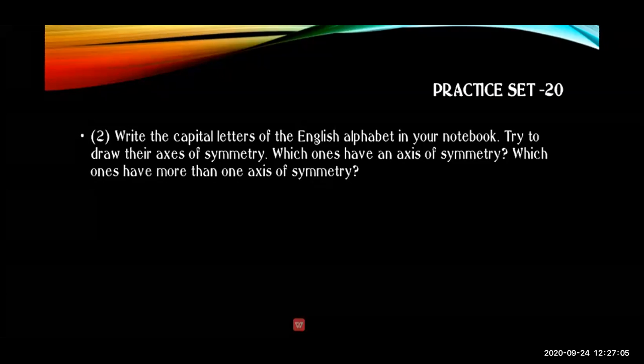First, it is your duty to start writing the capital alphabets from A to Z. It should take only three lines, not more than three lines. Write A to Z in three lines so that I can start further. First complete writing A to Z in three lines only. You can write with a pencil or with a pen also.